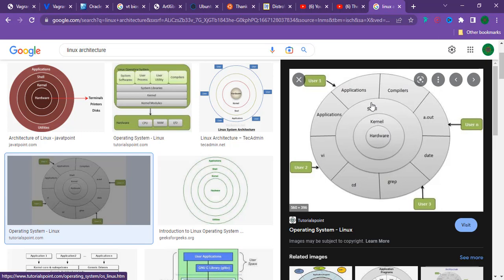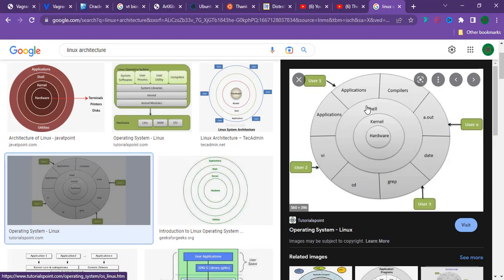So whatever commands you type into the shell, it is the kernel that will interpret the commands to the hardware and let the hardware take the action that you are giving to it from the shell. So the kernel serves as an intermediary, something like a translator between the shell and the hardware. And what exactly is the shell? Shell is